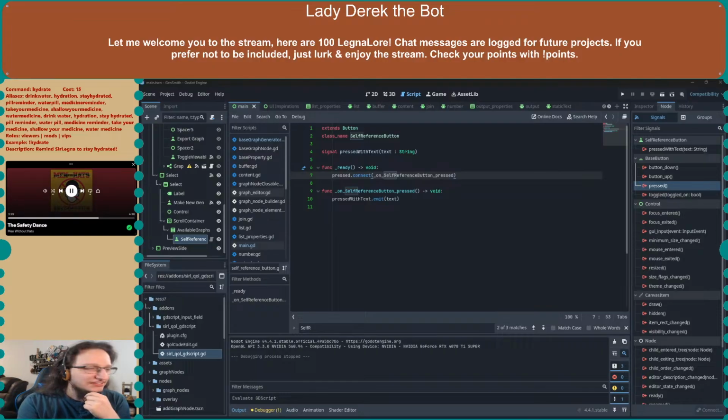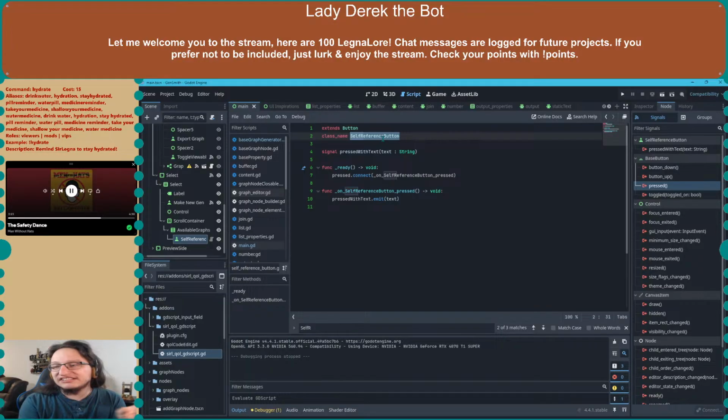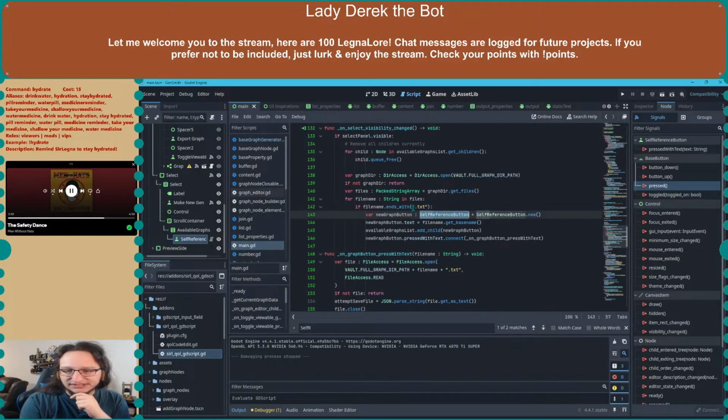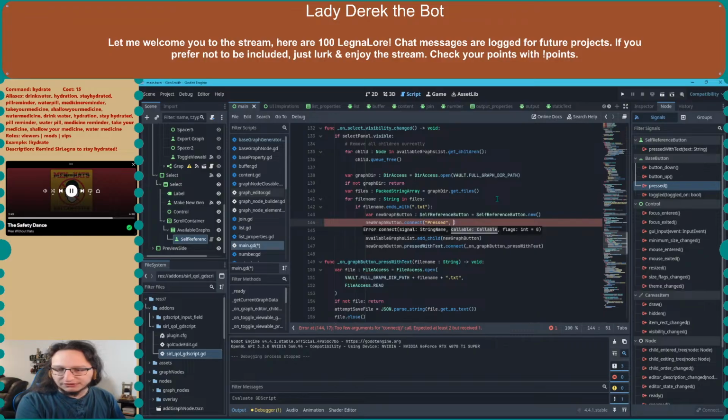Because that means this entire class I made, this self-referencing button, isn't going to be needed. Because I can just get rid of it. I can, in the main, instead of doing this, I can just create a button. So we'll call this a button. And then I can do something like new graph button dot connect. The signal is going to be pressed. I should do it with a proper string, but that's fine. I can call whatever I want the press thing to be. I don't know, press